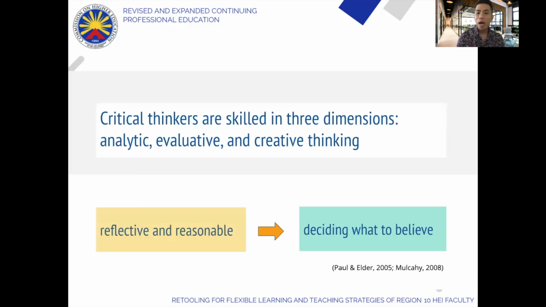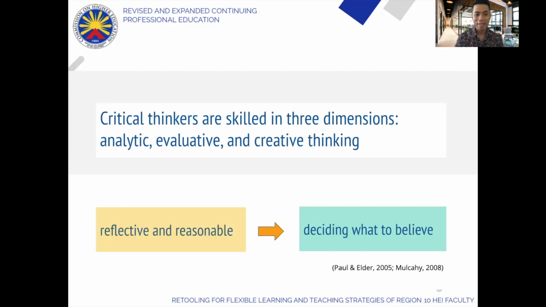Okay, so according to Paul and Elder, there are three dimensions of critical thinking. One is being analytic, at the same time evaluative, and the third is being creative. So analytic and evaluative, I think you guys are very familiar with this because this is in Bloom's taxonomy, right? And also creative is another aspect of critical thinking. I would even say that being creative is at the